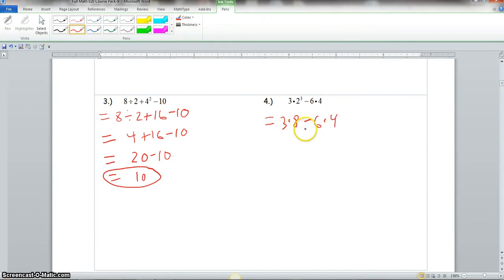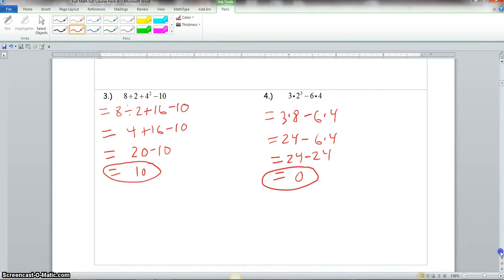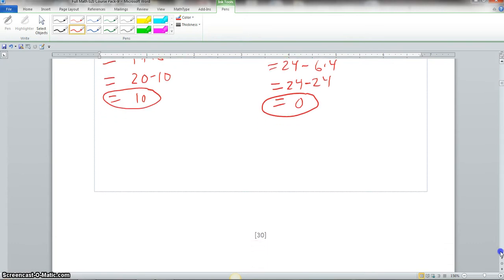Now we know multiplication comes before subtraction, but we have two multiplication symbols here. We do the first set of multiplication. So we have 3 times 8, which is 24, minus 6 times 4. Now we have subtraction and multiplication. We do the multiplication. So we will have 24 minus 24. And we know 24 minus 24 is 0, because anything minus itself is 0. Now we scroll down